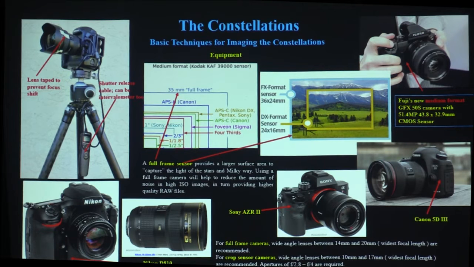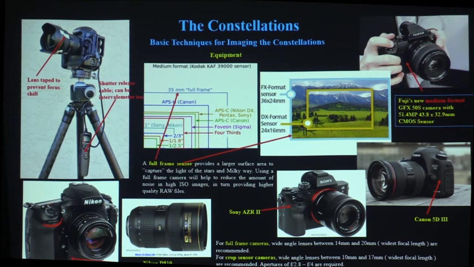They're not as good as CCDs for imaging, but to do that you've got to cool them down, do all sorts of things. But a basic setup is like this with a remote cable, and you can set your focus on infinity using tape. So you can set it up during the day when you've got visible light, and set your camera up with a remote cable release. Some cameras have got lock-up mirrors to reduce vibration, and they've all got bulb or manual settings, which means that some of them have got auto, so you can take 30-second exposures.